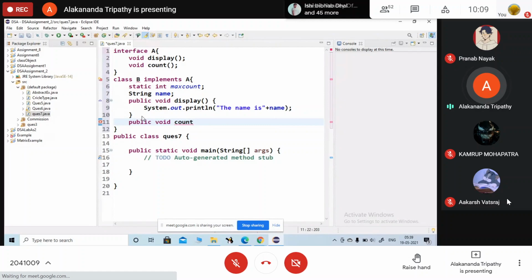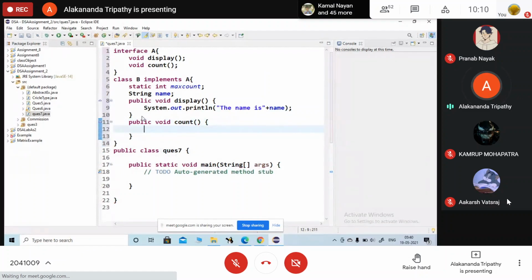So what is the work of this method? What is the use of this method? It will count. To count, what do we need? The number of characters in name. Max count. Either we can use the for loop, otherwise we can simply write which method? Max count is equal to what? So it will count the number of characters. I can use either a for loop, int i equals 0, i less than